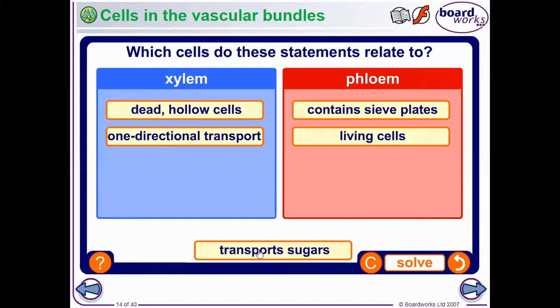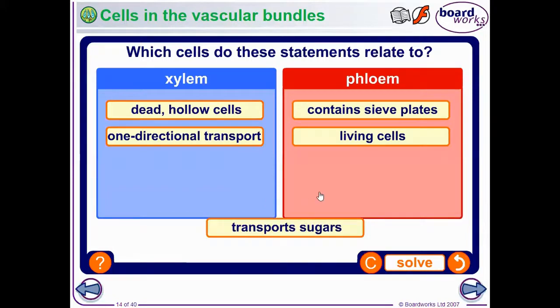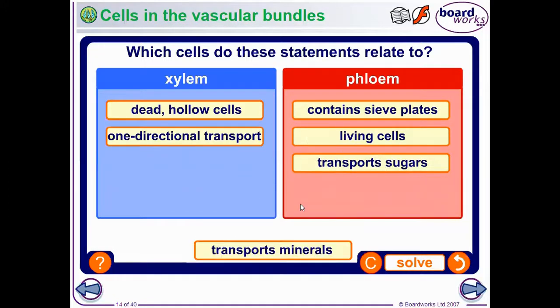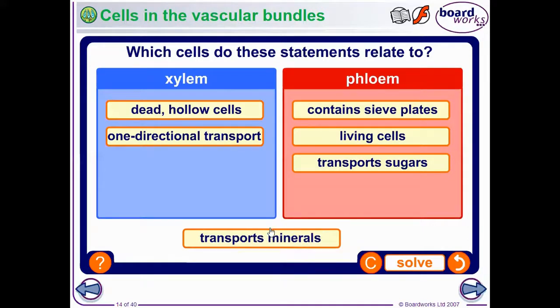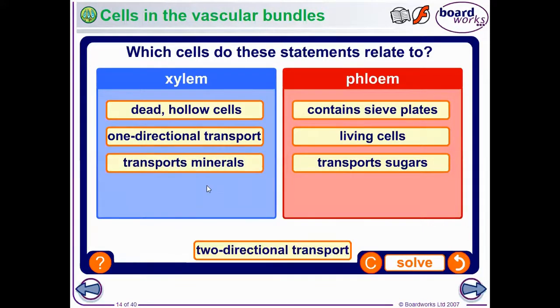Okay, I see quite a bit of you are going with phloem, so we're going to place this in the phloem column. Transport minerals. Okay, I see quite a bit of you are going with the xylem, so we'll place them in the xylem